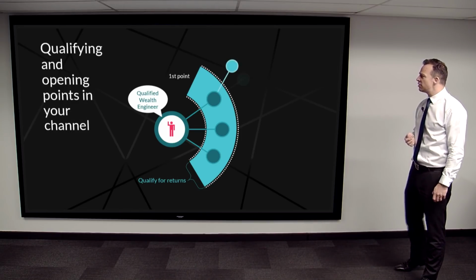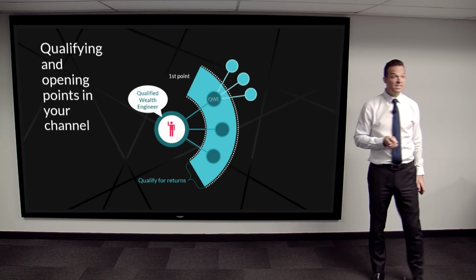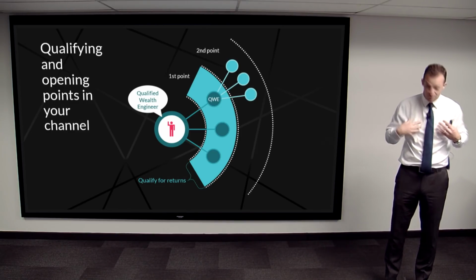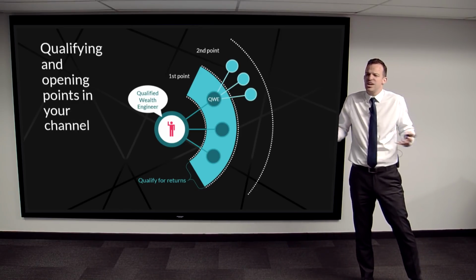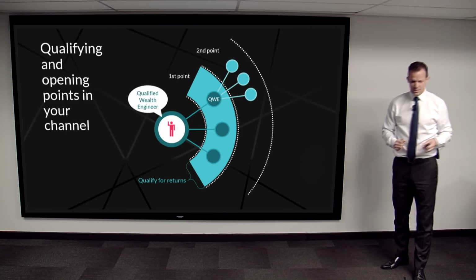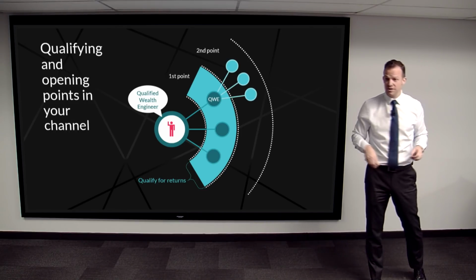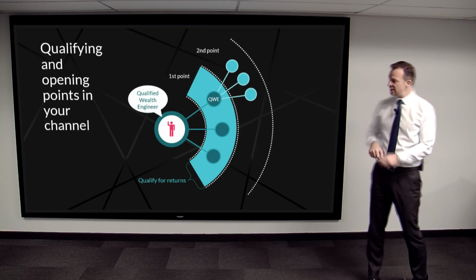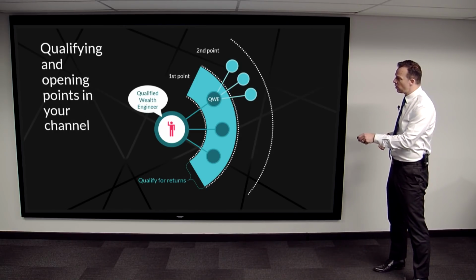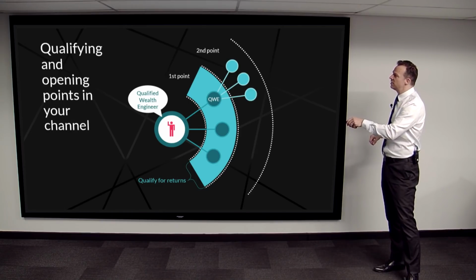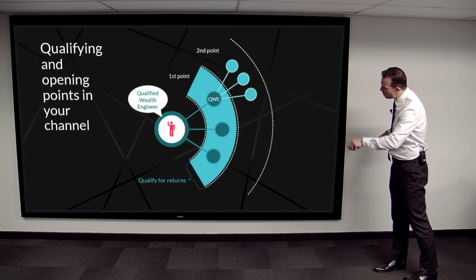All right, so the third qualifying criteria is, what is your qualified channel? So you qualified, but we asked this question of how big is your qualified channel? What is a qualified channel? Well, a qualified channel is dependent on how many qualified wealth engineers you have on your first point, right? So in this illustration, you can see you've got 1 qualified wealth engineer. You've got the first person you signed up, went out and connected 3 people, and they became a qualified wealth engineer.